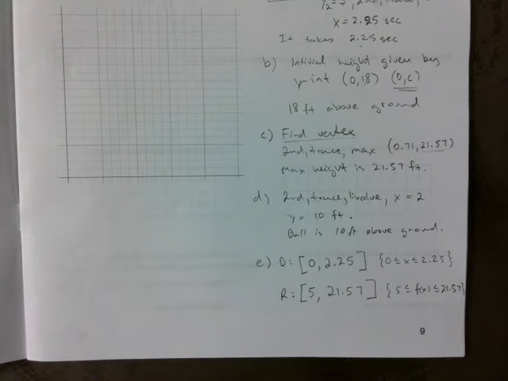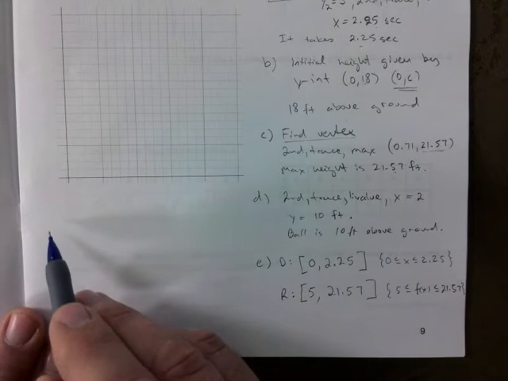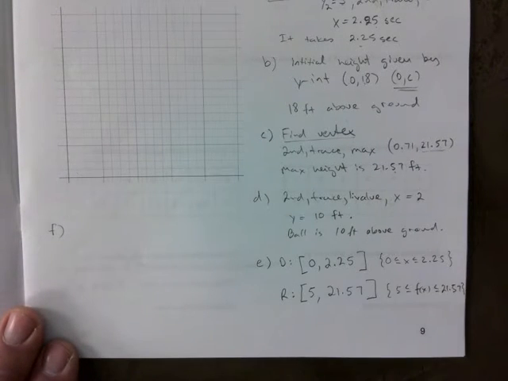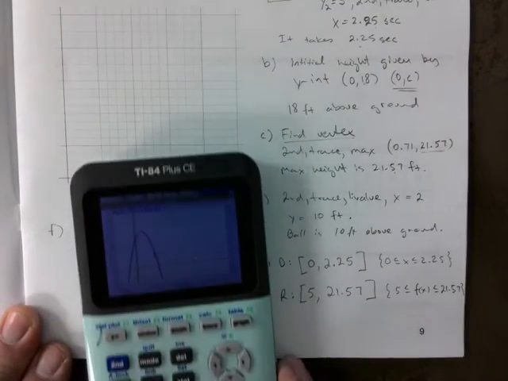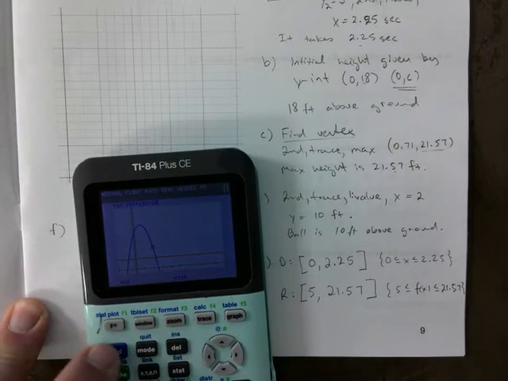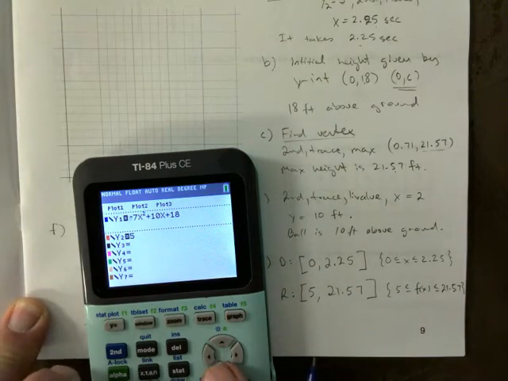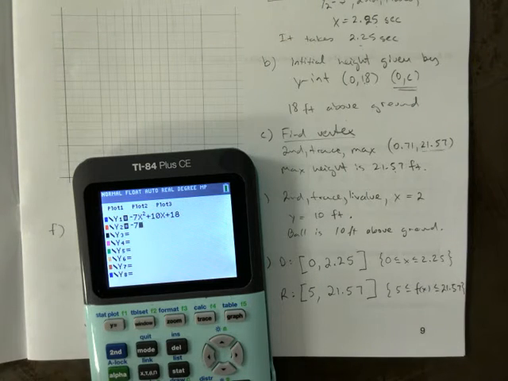F, state the equation that would model the path of a throw that results in a greater maximum height. I did this on Thursday. Can I just say, I don't think there's a copy paste option here, but if you ever find it, please let me know. I'm just going to copy that exact